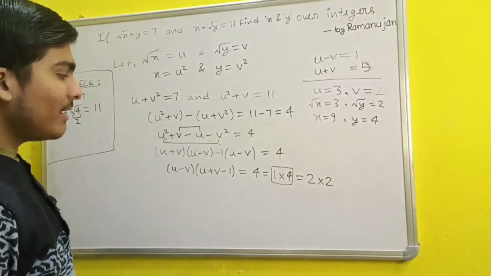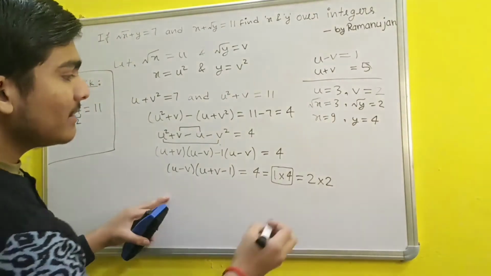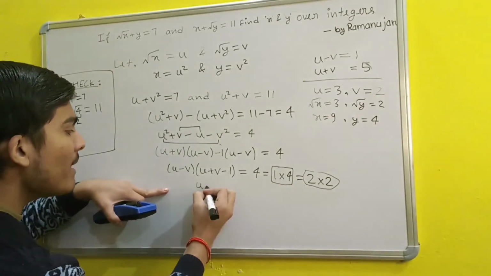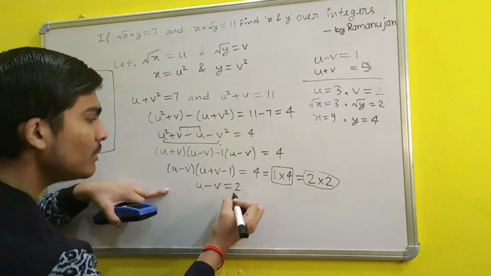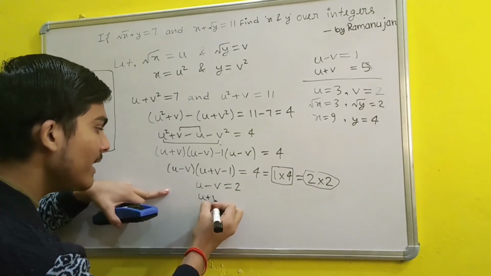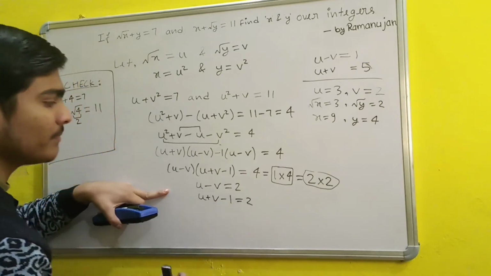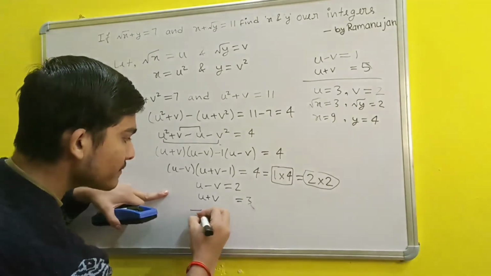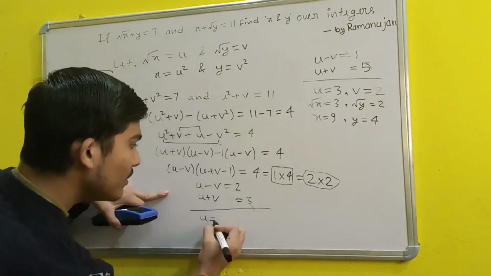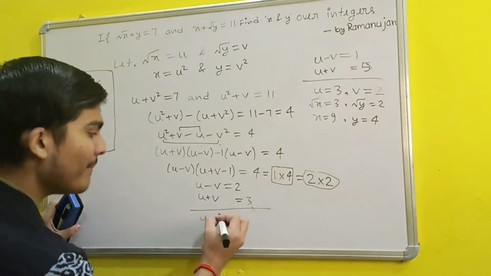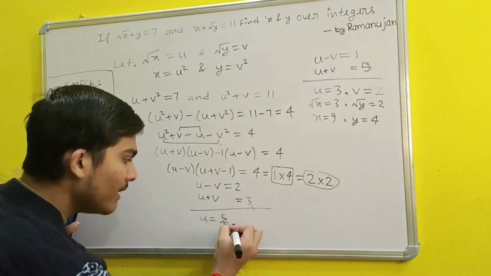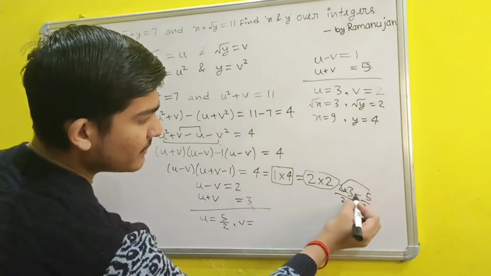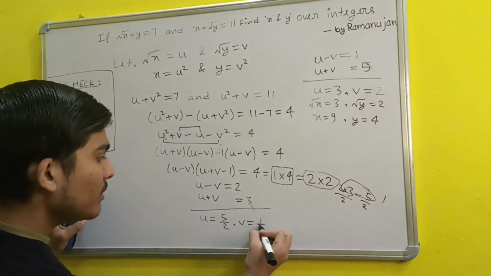What will be the values when we take this other case? I mean to say, what if I equate u minus v equals 2 and u plus v minus 1 equals 2. After adding 1 we will get 3. I can find the value of u to be 5 by 2, and v, I will get 6 minus 5 is 1 over 2. So it will be 1 over 2.